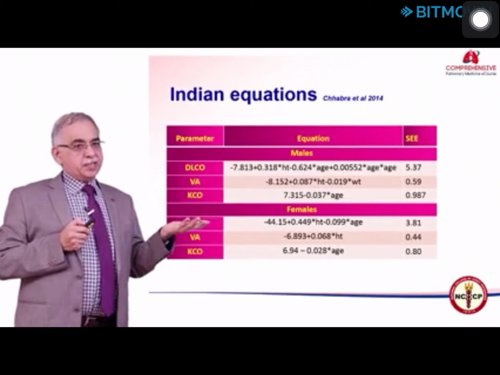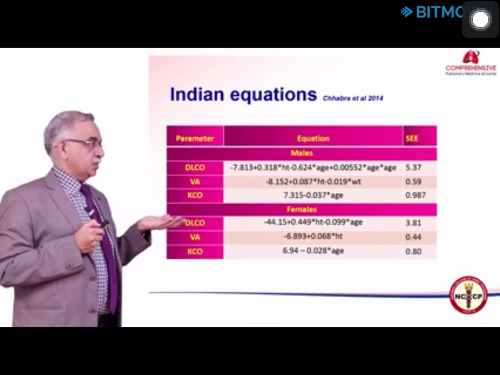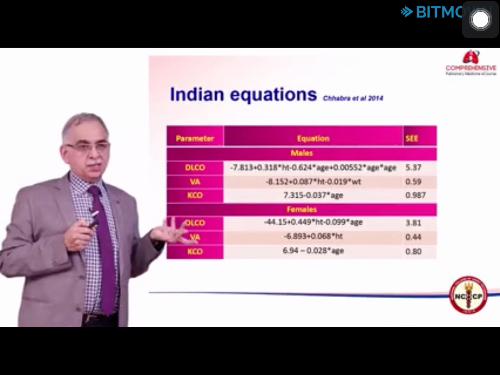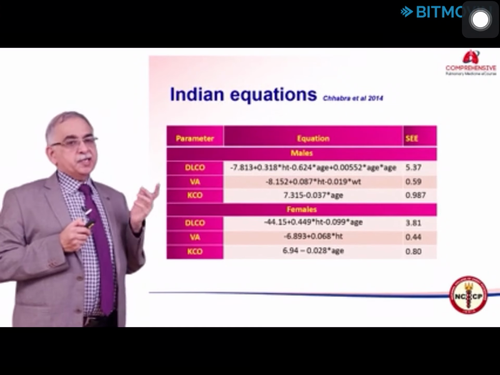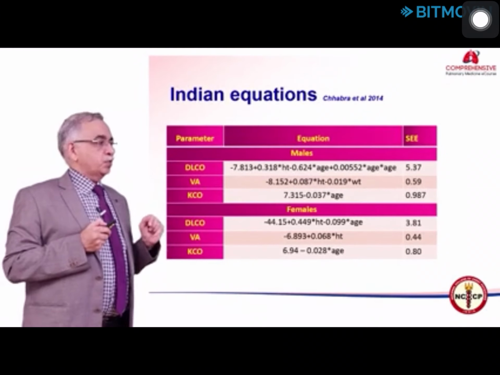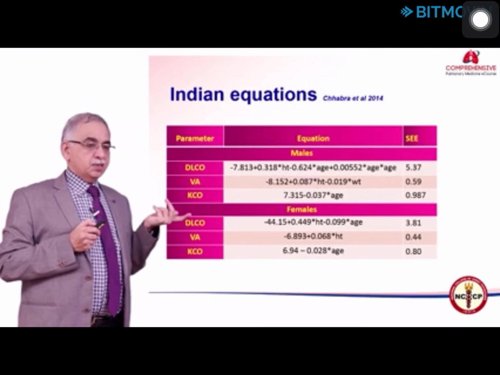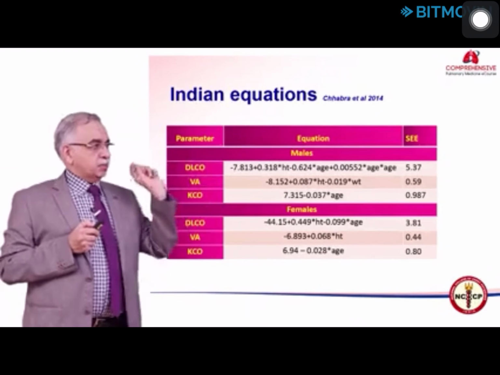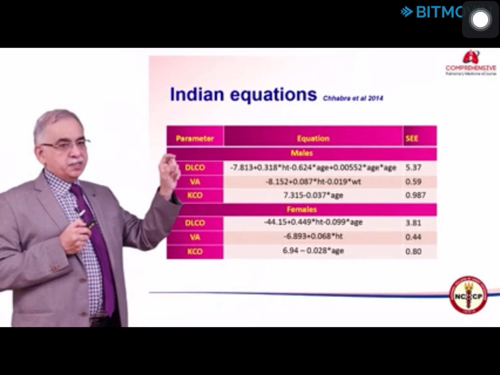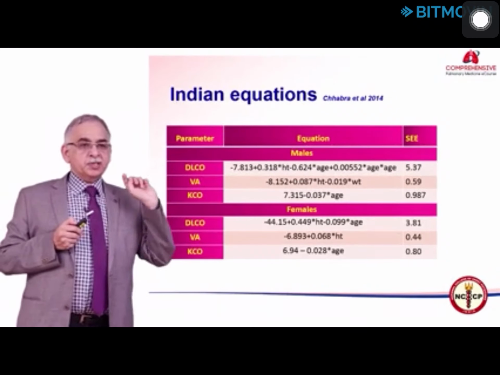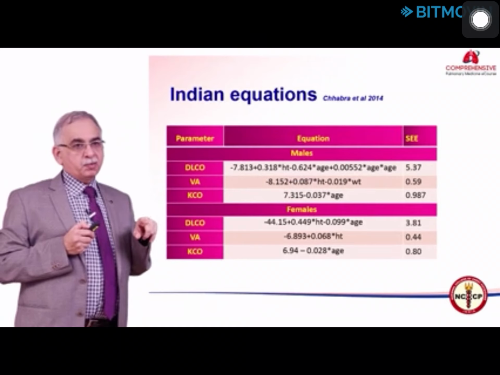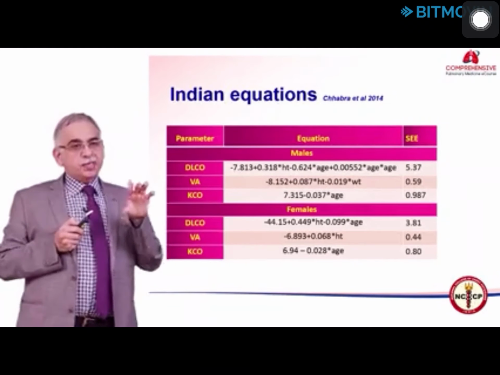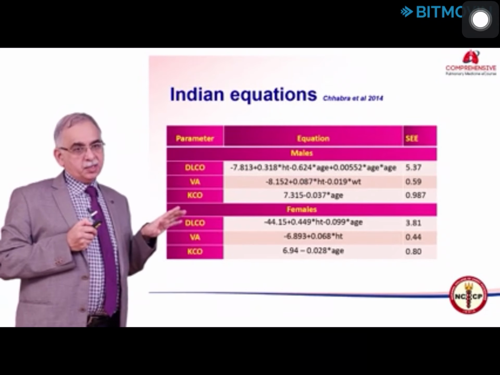So, we predict a patient's diffusion capacity using equations, and for Indian subjects use of Indian equations is recommended. Recently, prediction equations for diffusion capacity have been described for the Indian population. All that is required is the patient's height and age, which are to be fed into the software. The standard error of estimate is given to compute the lower limit of normal, as we do for lung volumes and spirometry. Values which are less than the lower limit of normal will be abnormal, low.